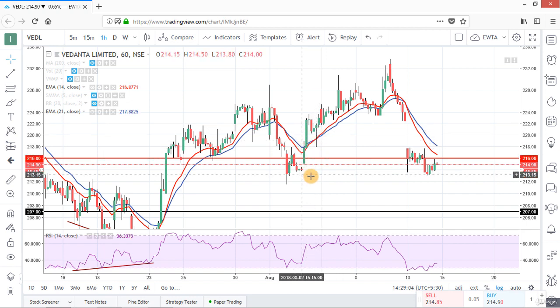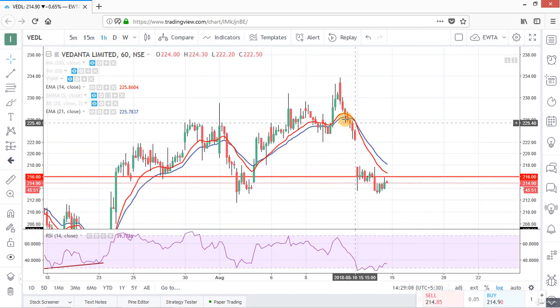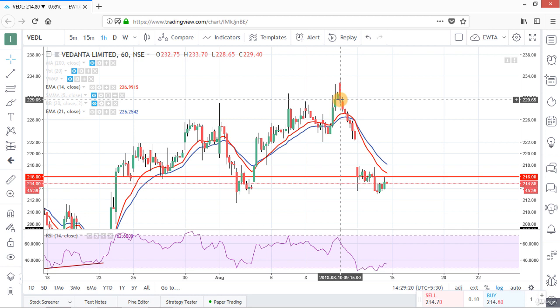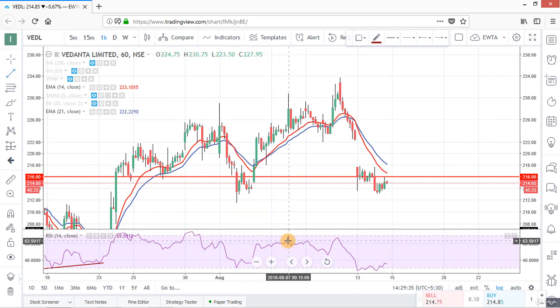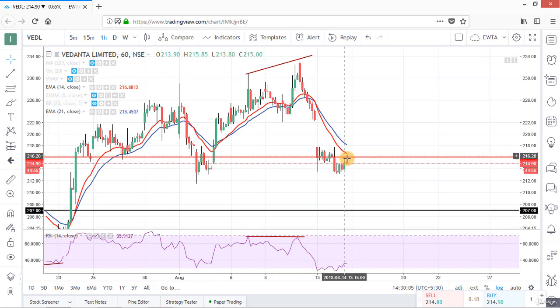We can buy by employing a stop loss at the low of this candle, and at this red candle we can exit from our long position because this candle is very far from the moving average set and also we are getting a negative divergence on RSI. Now see here again prices are consolidating at this level. This is the support level.